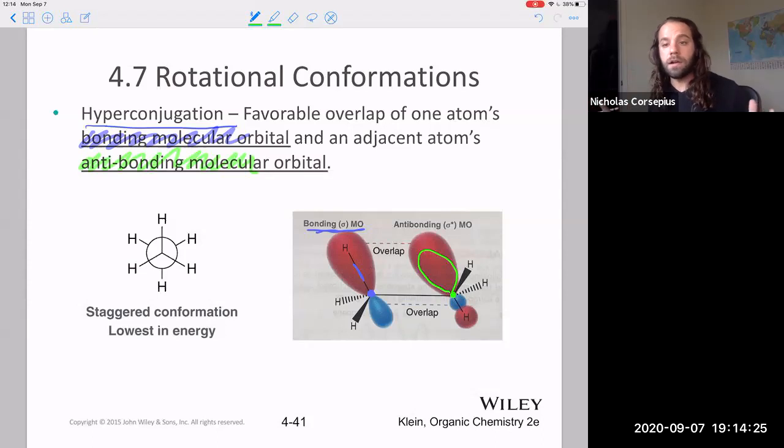It turns out that in the staggered conformation, these two can overlap, and that adds to the stability of the staggered conformation, making it that much